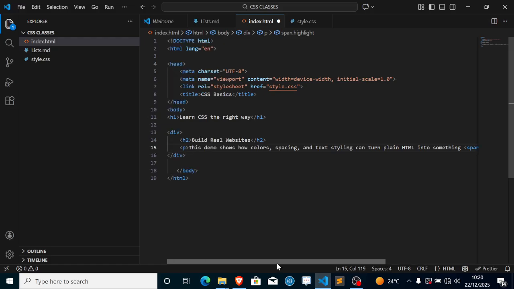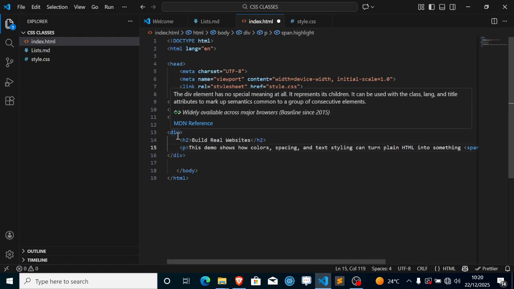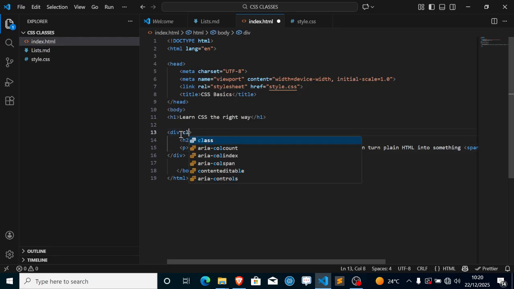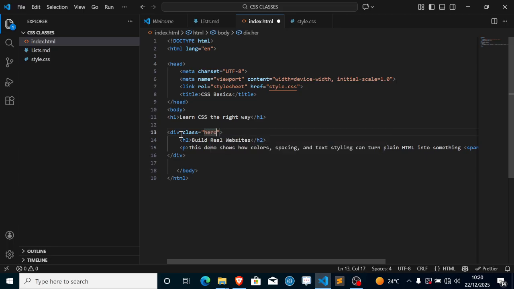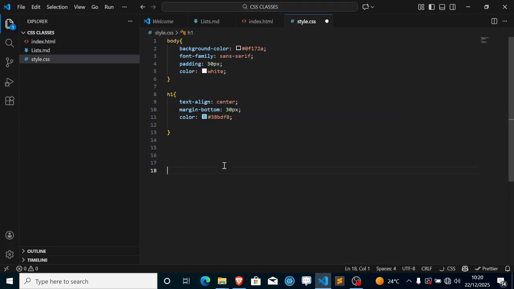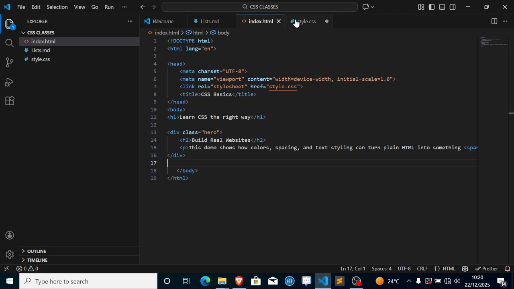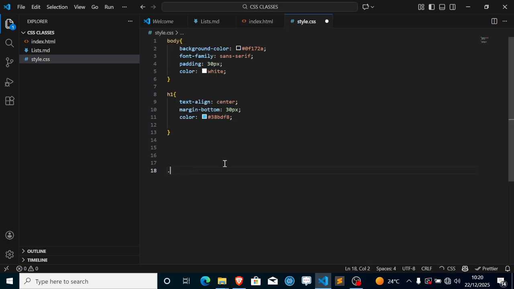And then I will give the div, which is the container, a class of hero. So I think let's go back to our CSS and design this. The first thing to do is target the hero, which I gave a class, right, class hero. So I'll give it dot hero,